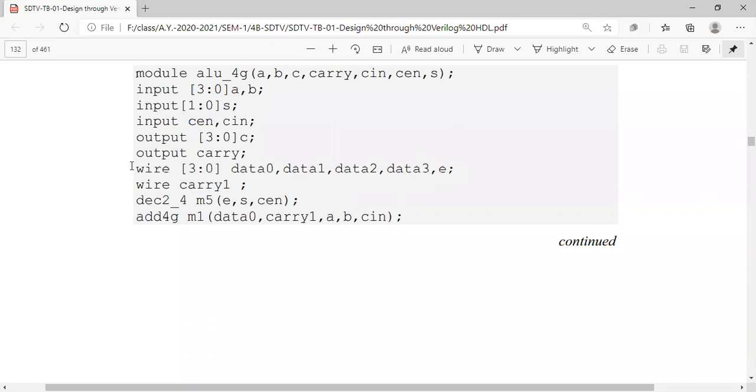So we have the wire also, a wire of 4 bit, to store all this. We have 4 different types of modules, and each module produces some output that will be stored in this temporary storage.